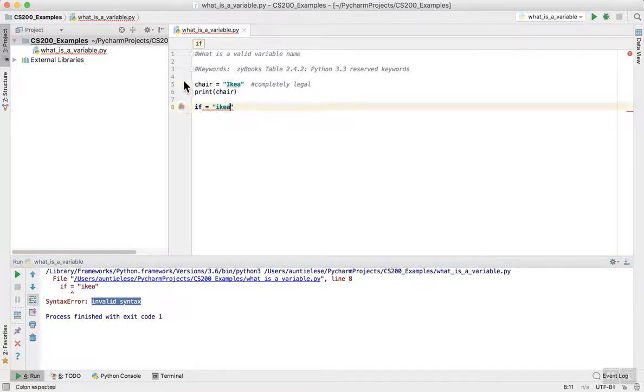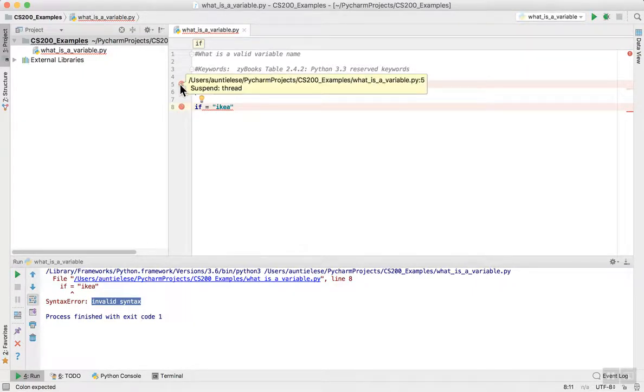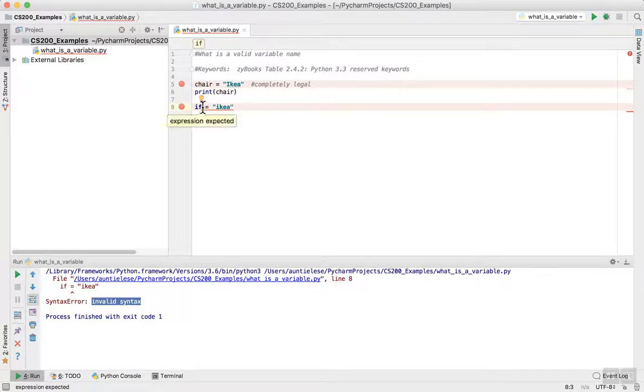Because line 8 looks a whole lot like line 5. So why is it different? It's different because of this. If is a keyword in Python. So Python won't let you use it as a variable name. You have to use it only in the context of a conditional statement.